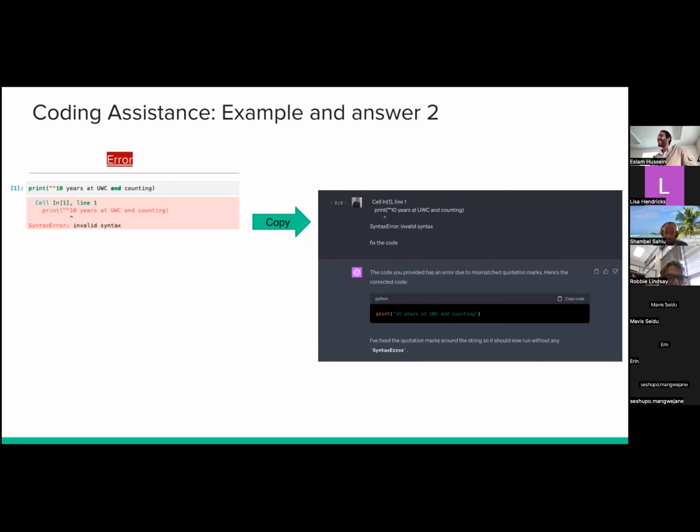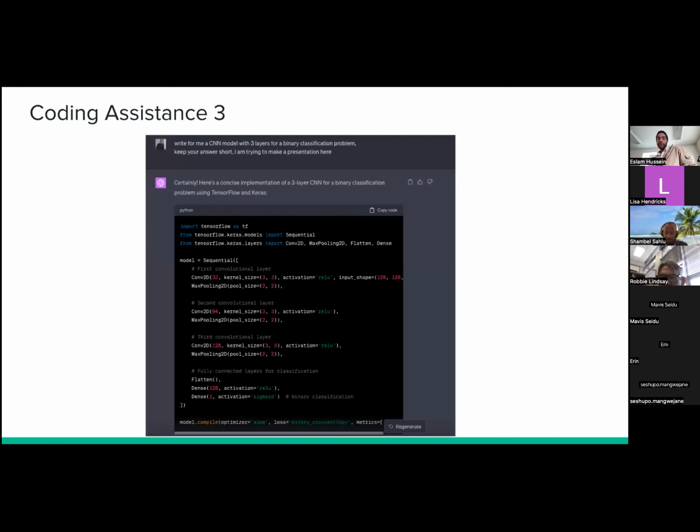So for instance, here there's a model in machine learning called CNN, which is basically used for images. So I tell it, okay, create for me a CNN model with 3 layers. And I also needed it to do binary classification. Binary classification means I want the machine learning model to, for instance, classify between cats and dogs. You can also tell it, okay, I want to classify images that have a size of 250 by 250. You can specify the image size, and it will take that into account while creating the code itself.